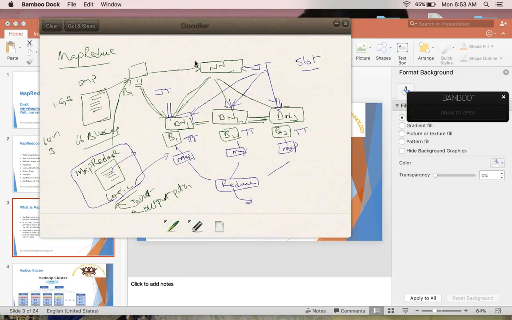Once the job has been submitted, your job tracker will come into the picture. The job tracker will talk to the name node to find where all the data has been stored. It will take the locations of the data and inform the task tracker, saying this is the place where the data blocks are. You go ahead and launch this job. You go ahead and process